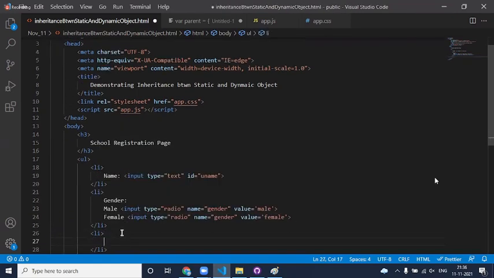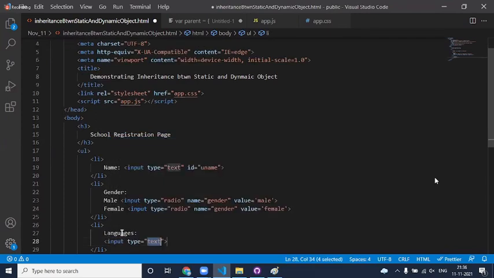In the same way, languages, input type equal to checkbox. I say English, value is ENG.